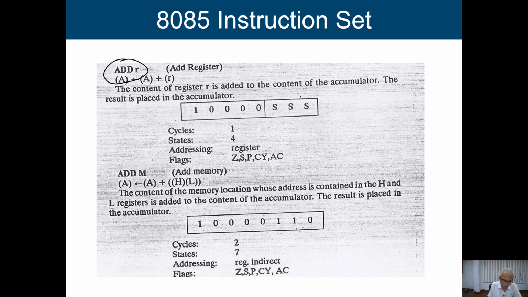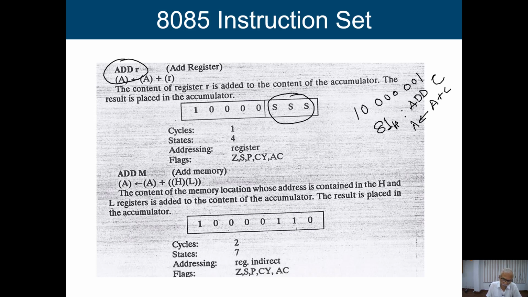In this particular case, we have the source, where I have to give some register. So if I say 1 0 0 0 0 and the source is 0 0 1, then 0 0 1 basically means register C. So this is basically 81H. This opcode is related to ADD C. That means the result is that the value of the accumulator is A plus C. This is the way that we can say.